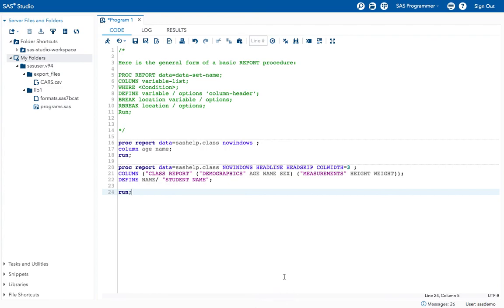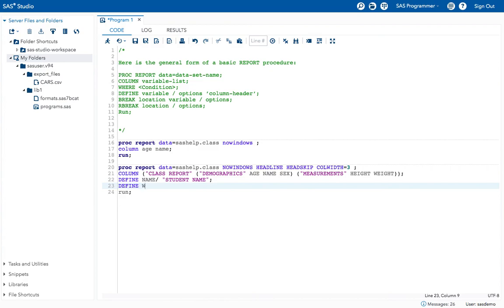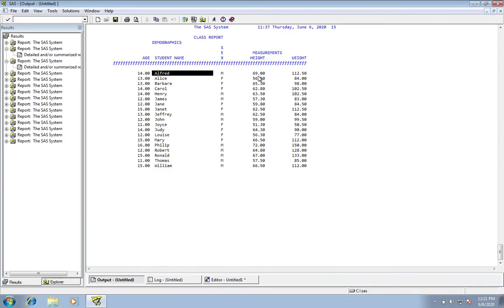So the next one is the define statement. Now I want to define weight. See, how are my values here in the older version? It is looking like 69.00, 56.50, 65.30 with decimal points, and it is not in the right format, right?